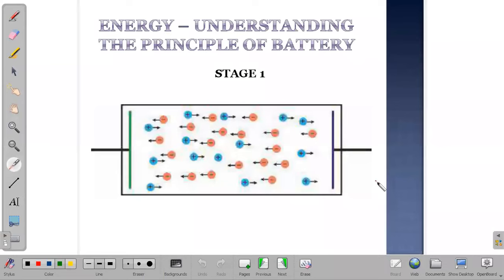The 5th stage is when you connect a wire to a battery. So let's talk about the first 4 stages and then the 5th stage. All these diagrams are from your textbook, so I did not put anything new over here. And before we move on,